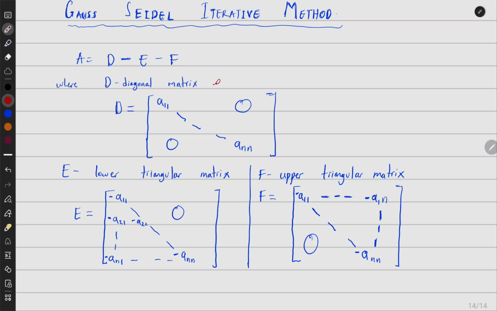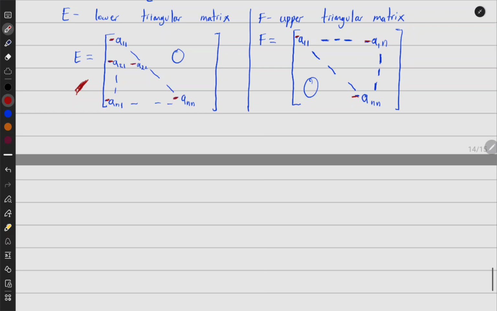We see that D is a diagonal matrix, which is written in that way. E is a lower triangular matrix, also written in that way. However, these are negatives, the negatives are there. F is an upper triangular matrix, also with negatives. So now, from our problem,